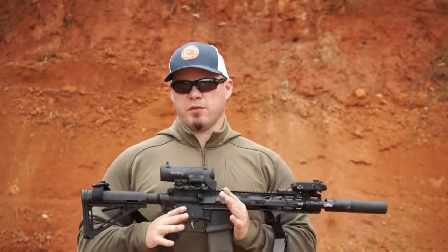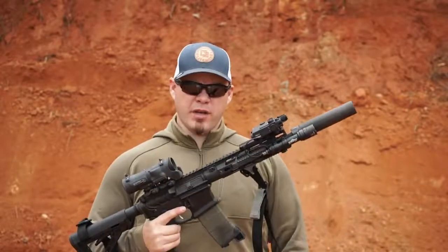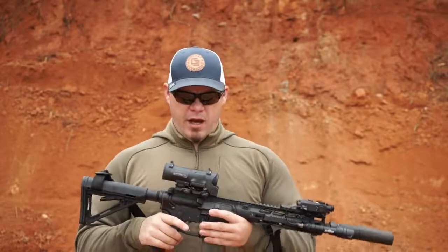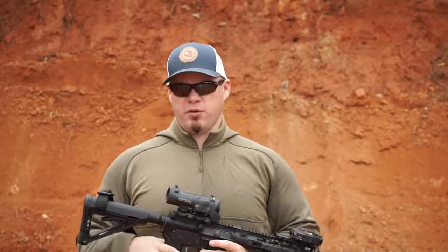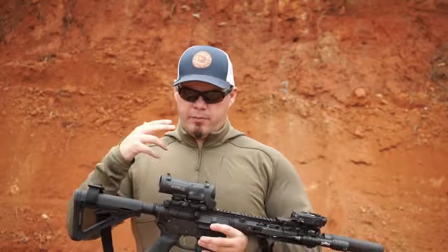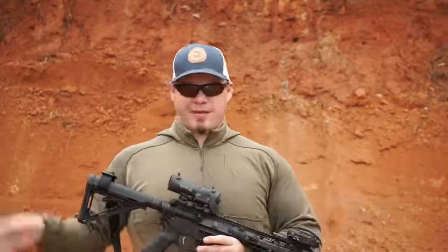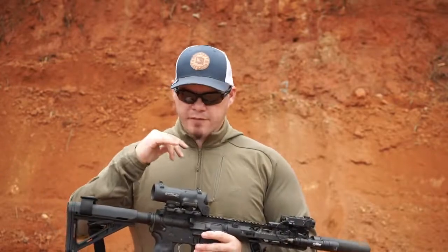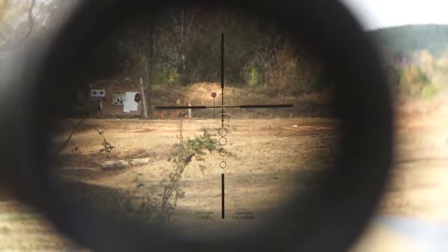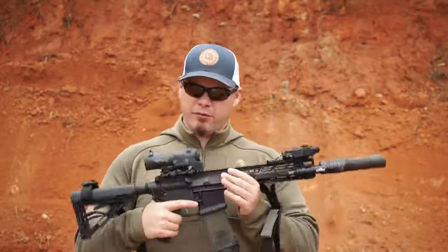The Elcan Spectre DR comes with multiple reticle options. This particular one has the BDC for the 62 grain round. It is military centric, so it's 62 grain, which is what I shot during the entire review process. About 1,000 rounds of Privi Partizan 62 grain, which isn't technically mil spec, but it is roughly the same round that this BDC is graduated for. I'm not a huge fan of the 62 grain round, I'll be honest with you, and that's a totally different subject, but as far as the BDC goes, for the 62 grain round, it performed extremely well, and it seemed to be exactly what it was supposed to be, which is a BDC reticle for the 62 grain round in